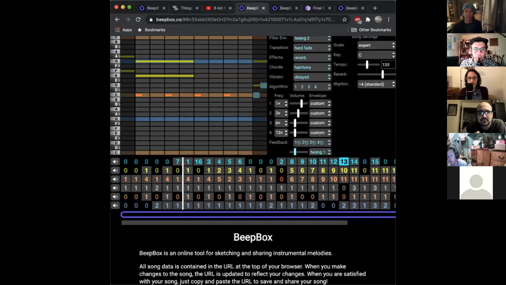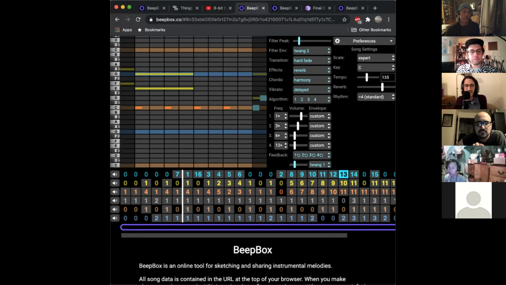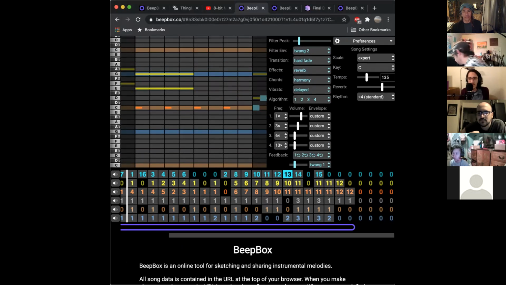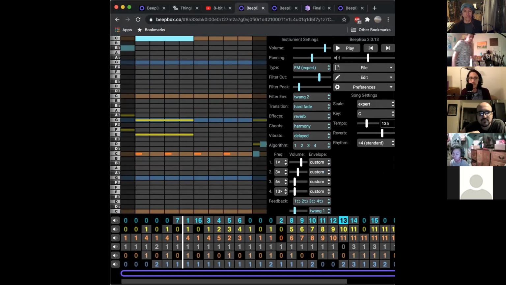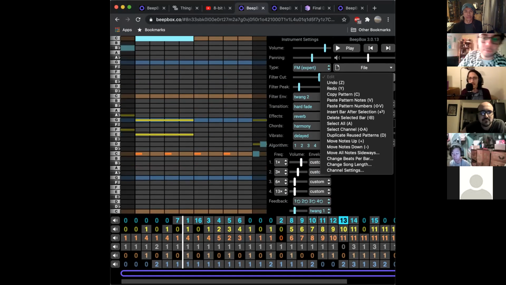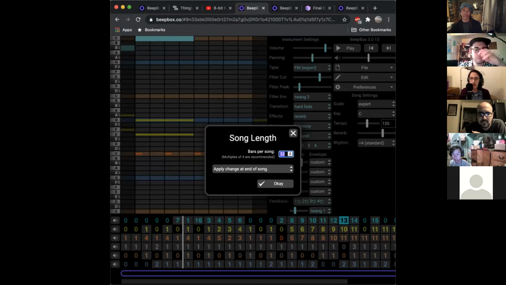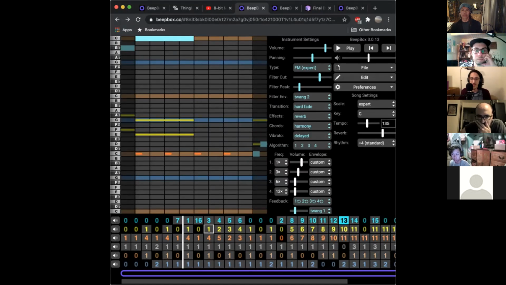Yeah, you can make more instruments, Nathan, and you could also extend the length of the song. So here I'll show an example. I'm not going to play it. But this is a song I've made. You can add more instruments. I have 3 drum tracks here, and then you can change the length. So when you go to edit, first of all, you can change song length. Mine's at 32 bars. Each one of these columns is a bar, just so you know.